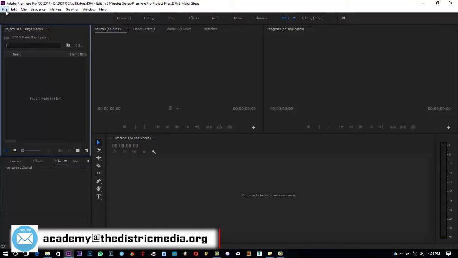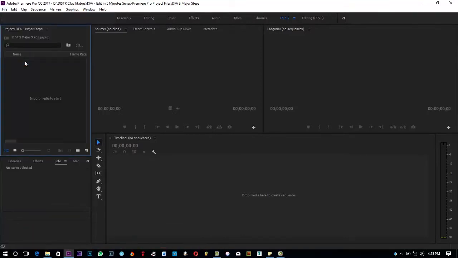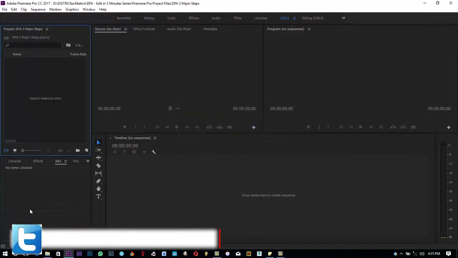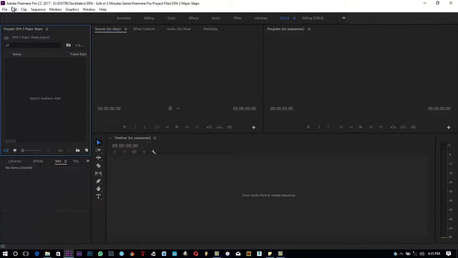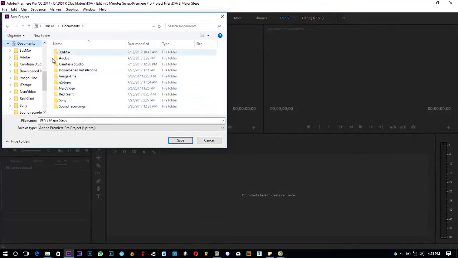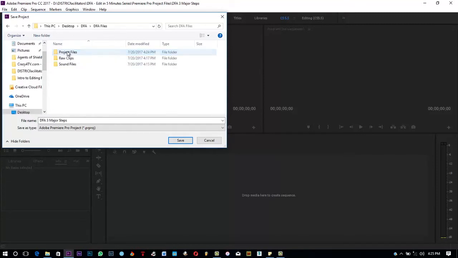Now the third step is to click on File, and always remember the moment you start a project, save. You can always do that using Ctrl S. Now by the time we go back inside our folder to check, we should be having an icon that would say this project is saved in this particular folder. And I'm going to go to File, Save As. I'm going to come to my desktop, which is where I want to put it. Go to DFA project files, and inside project files, I'm going to save it as DFA